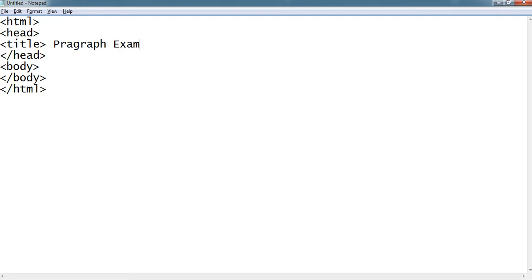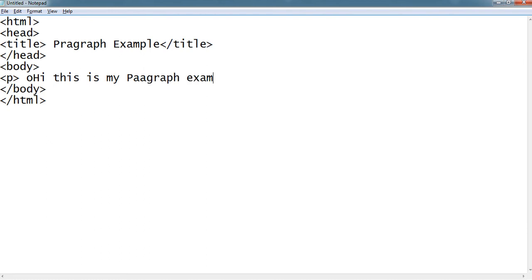Paragraph example, here I will close title again. Inside the body, which is already open, I will use the paragraph tag. Hi, this is my paragraph example. Sorry, this is HTML paragraph example.